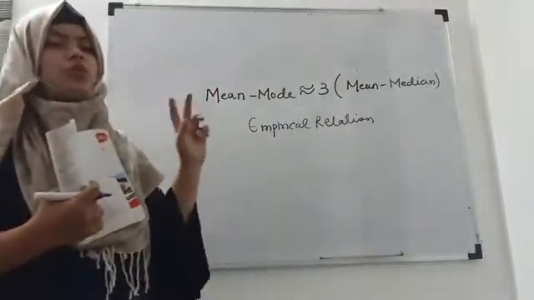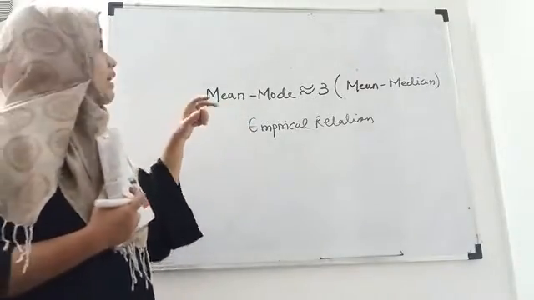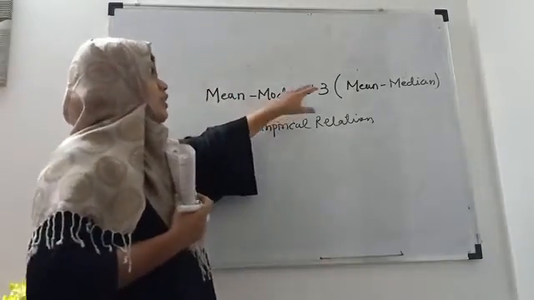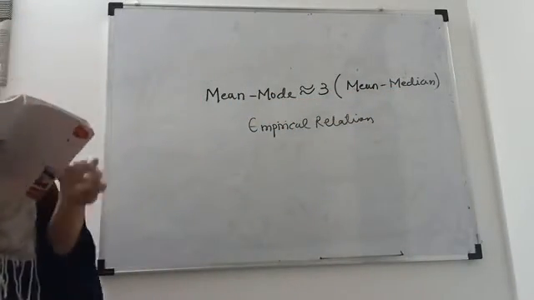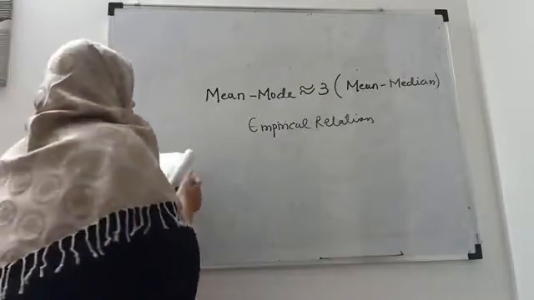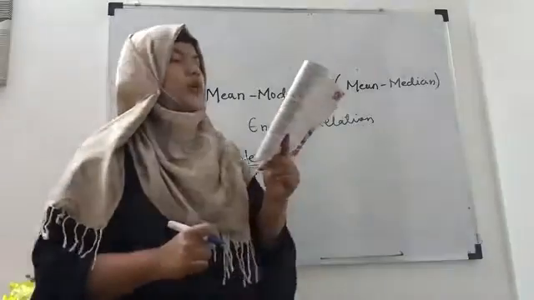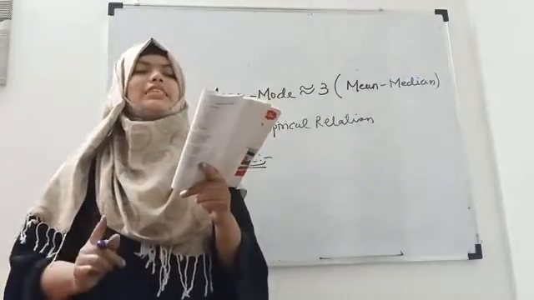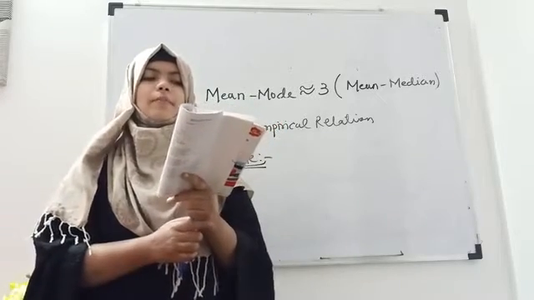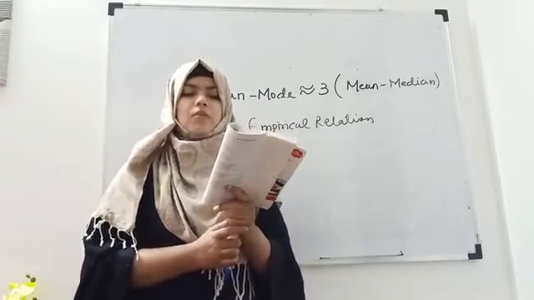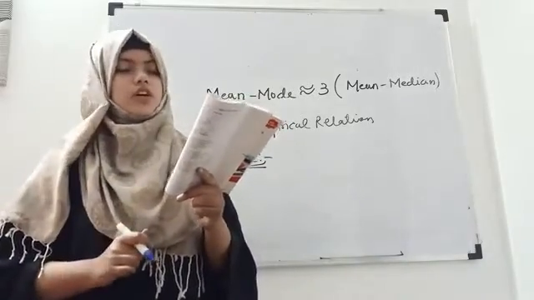So if you have two values out of the three, mean, mode and median, you can find the unknown one. Suppose mean and mode are given, then you can find the median by using this empirical relation. Now we will see some notes regarding the mode. First note: if the maximum frequency is repeated, to find the mode uniquely a method of grouping is adopted and the modal class is determined. The method of grouping is beyond the scope of the book.